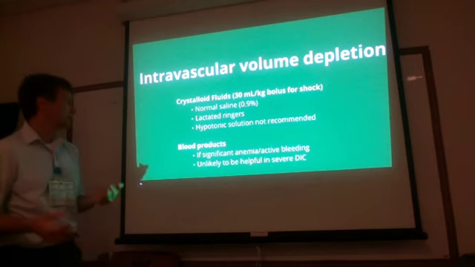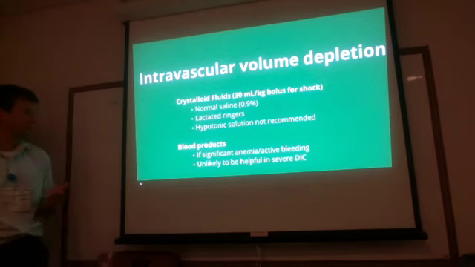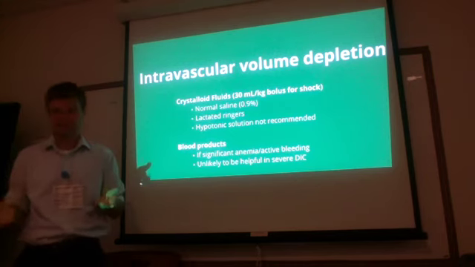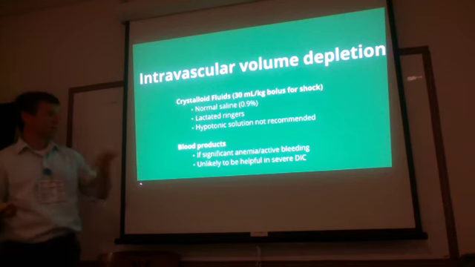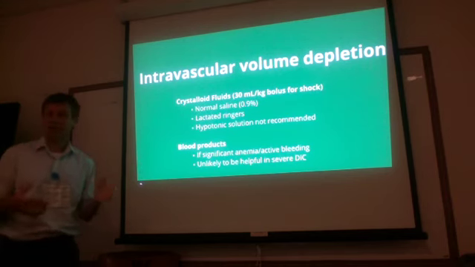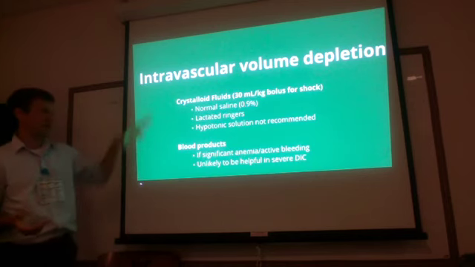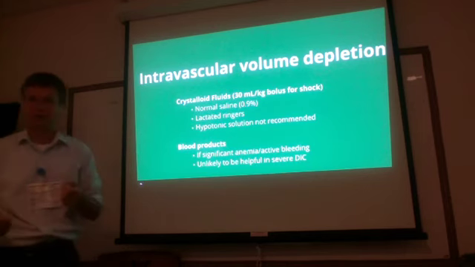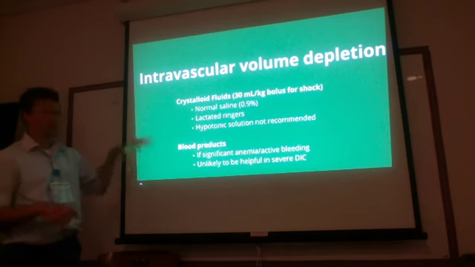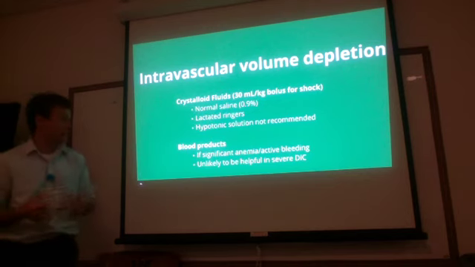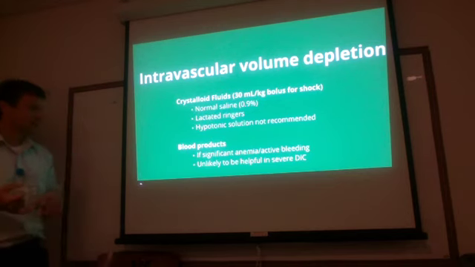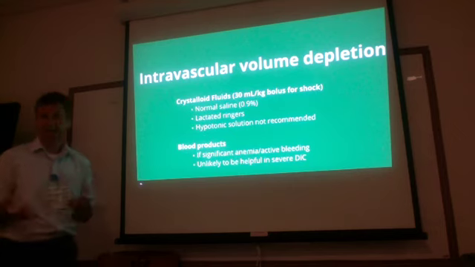And so typically we want to resuscitate people with crystalloid fluids, normal saline or lactated ringers. You don't want to give them hypotonic fluids. If they're having diarrhea or they're really acidotic, lactated ringers is probably a better idea, but when studies have looked at which is better, it sort of comes out as a wash. It's just that the lactated ringers have some bicarb and other things in them that at least sometimes makes people feel better.